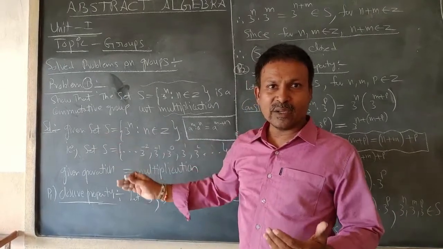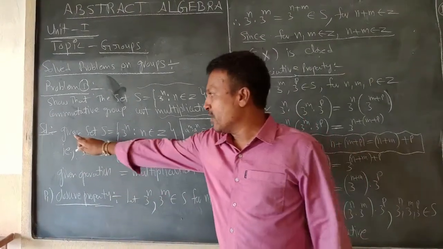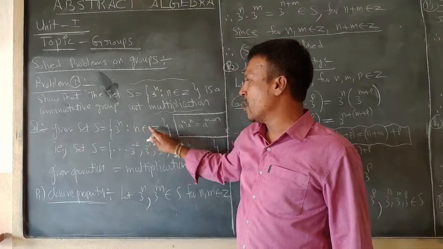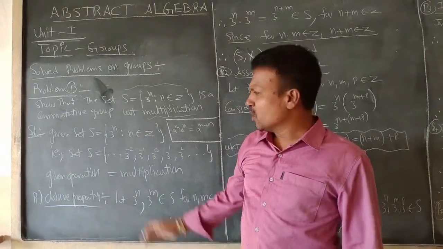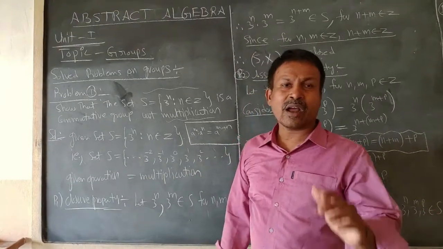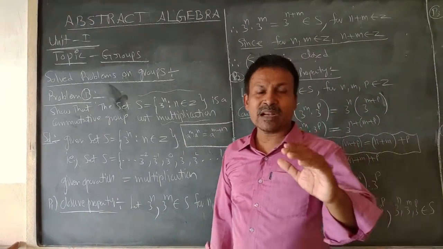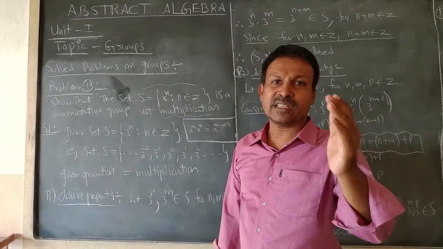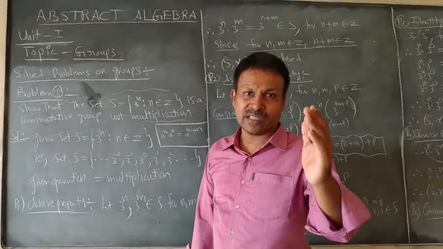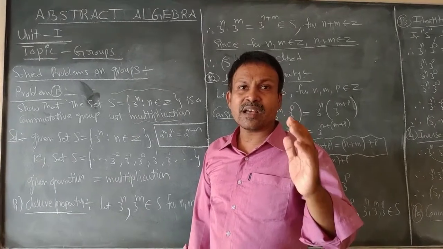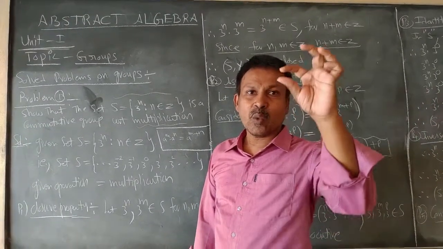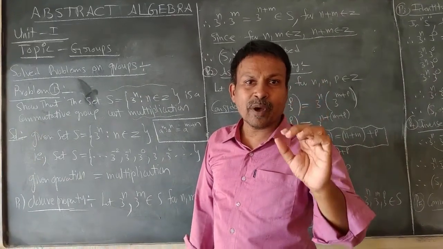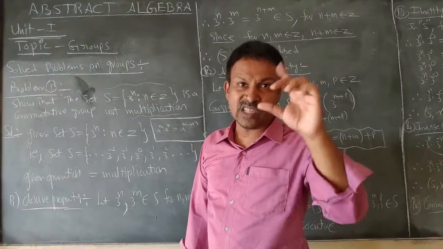Right. If I enter into the solution part, I have written the given set S equals 3 power n such that n belongs to Z. Right. So in set S, the elements are not yet generated. The elements are in standard form. So let us generate the elements of set S. How to generate the elements of set S? The elements in set S are in the form of 3 power n where n belongs to Z. The elements of set S depend upon the set of integers Z.